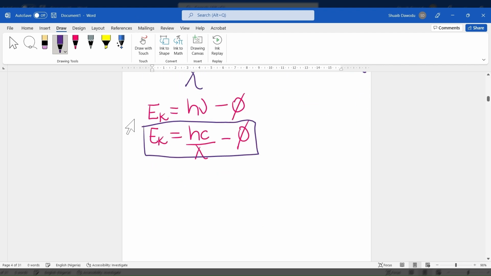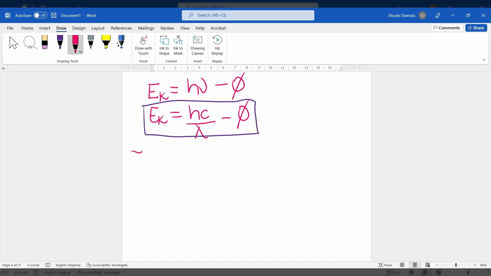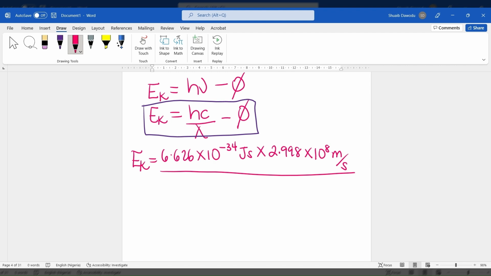So E sub K is simply 6.626 times 10 to the power of negative 34 joule seconds times 2.998 times 10 raised to the power of 8 meters per second divided by lambda, that's 700 times 10 raised to the power of negative 9 meters, minus the work function